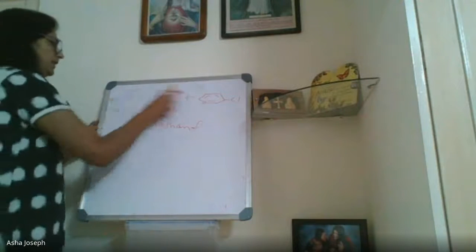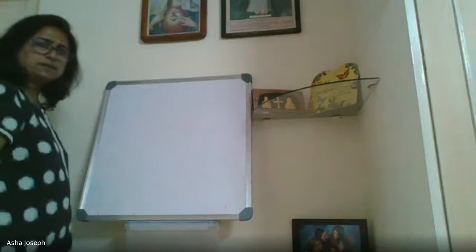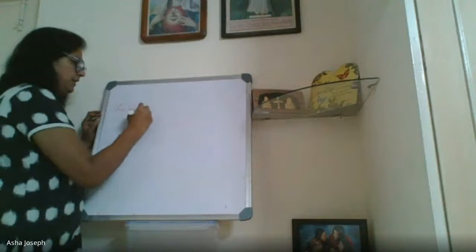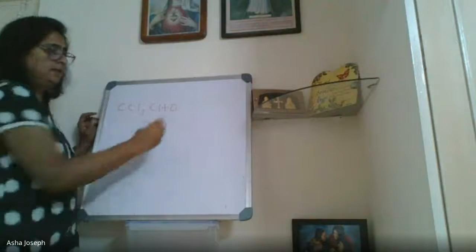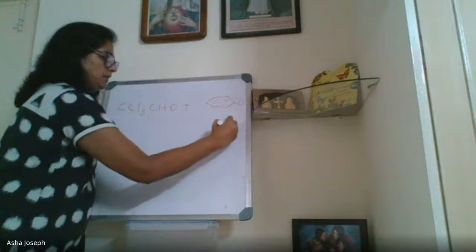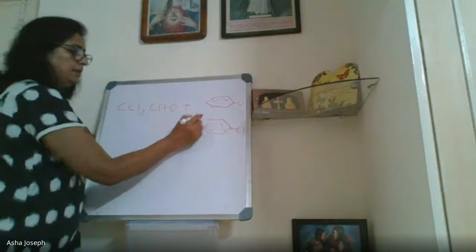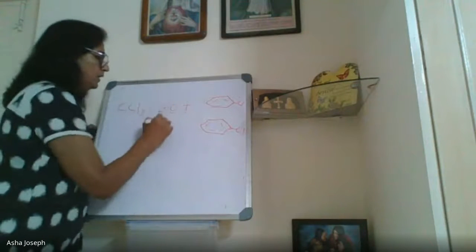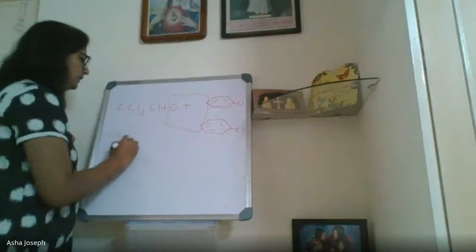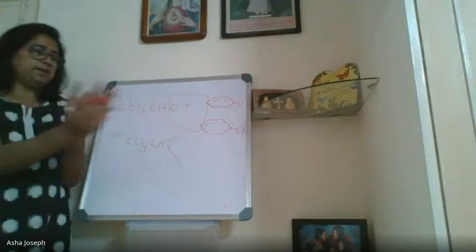Clear? So now I will write the method of preparation. The preparation is not given, but the structure is given. If they ask you to draw the structure, you can do it roughly like this. This is chloral, and 2 molecules of chlorobenzene, with chlorine on that side. Each carbon of the benzene ring has one H. So water is eliminated, H of the ring and the oxygen. So what is the product? CCl3CH, and the CH is connected to 2 rings.